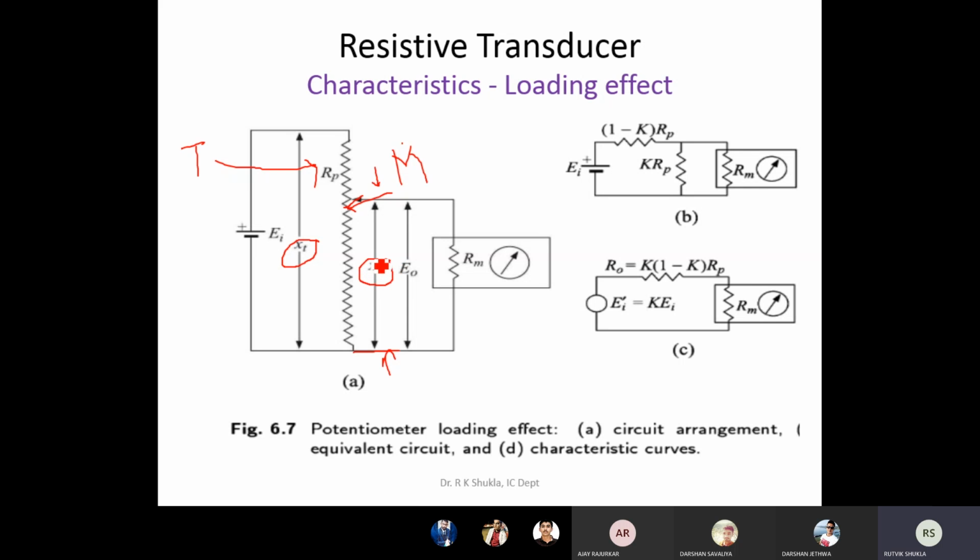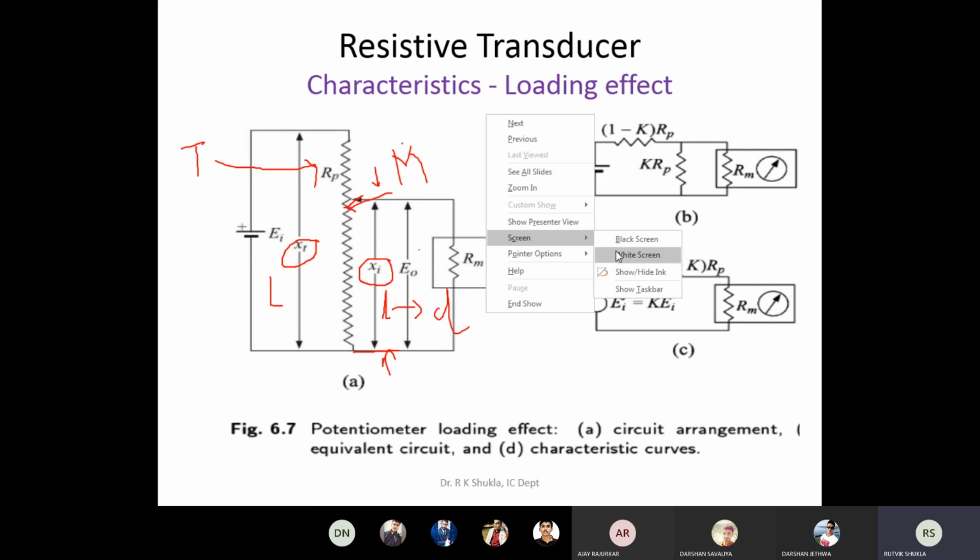Clear? If we compare the same thing with the standard nomenclature we used earlier, then this is the total length denoted by L, and this is the displacement denoted by either L or D or xi. D means displacement, L means you can also say this is the length traveled by the wiper with respect to the fixed end. Small l.